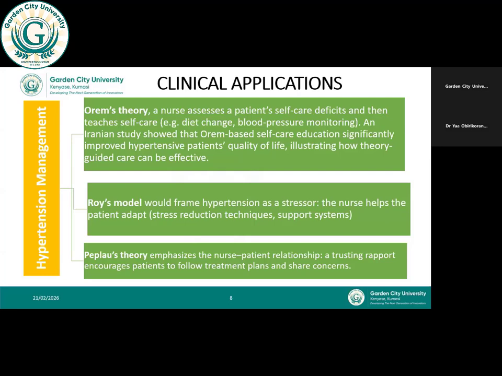Peplau would look at this from the perspective of the nurse-patient relationship, where she says that if you establish a good rapport, a trusting rapport, a therapeutic relationship with the patient, it will help the patient to follow treatment plans and share concerns. So this is how we would be able to apply